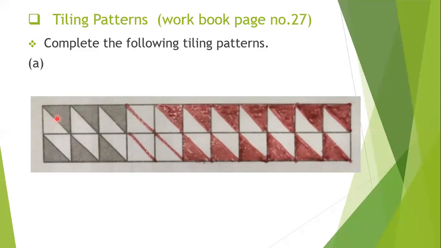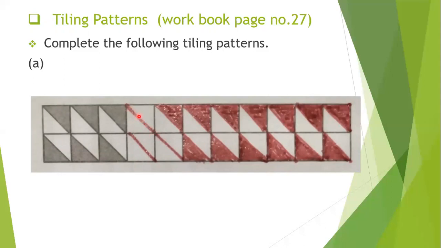Each square is divided into 2 triangles. This can be taken as the upper triangle and this is the lower triangle. So in the first row, you can see the upper triangle is shaded. And in the second row, the lower triangle is shaded. And we will get a beautiful pattern. Here in the workbook, it is given in black color, but you can use any color as you like. I have taken the red color, but 2-3 squares I have not colored, only to make you understand how to draw the line.